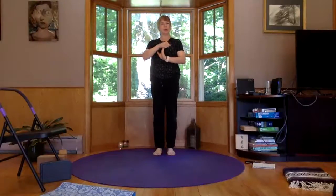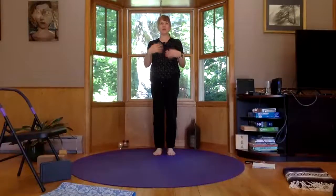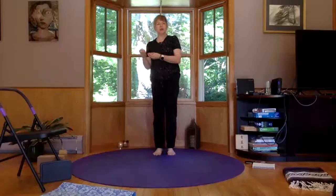So sometimes in yoga, we do something called kriyas. If you're not familiar with kriyas, kriya means a purifying action. So it's some form of repetitive action or movement that you do for a little while. And even though it's movement, we sometimes have the same reaction to kriyas that we do when we hold a pose for a long time without moving or not moving much, which is we get those same kinds of feelings coming up, like anger, resentment,